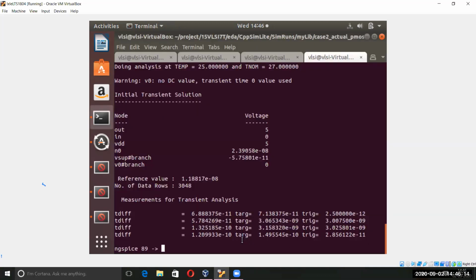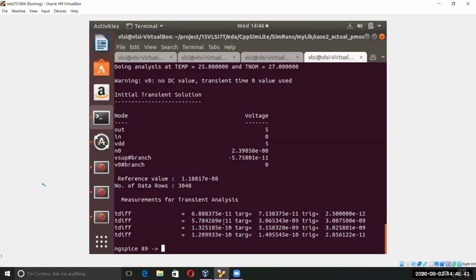Now see, that was a huge difference. Now you can see that this is 68 pico and this is 57 pico. And for the rise and fall in that time, you can see that it was 50 and 140. Am I right? Yes, sir. The previous case it was 50 and 140. Now you can see 68 and 57.